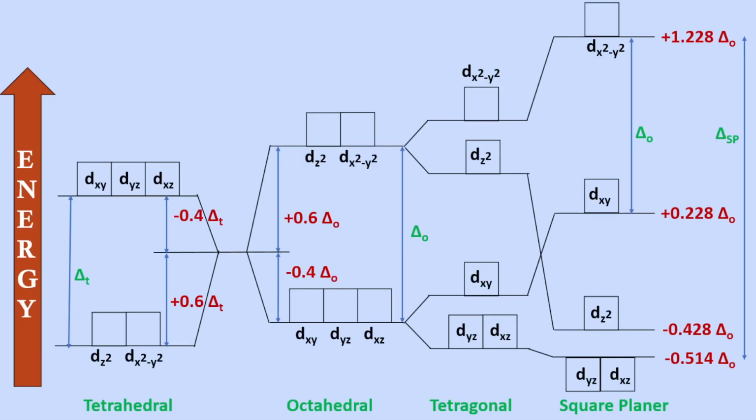Inorganic compounds of transition metals, except those based on d0 or d10 systems, are typically colored. These colors result from d-d transitions. The energy level diagram here illustrates crystal field splitting in tetrahedral, octahedral, tetragonal, and square planar complexes. The observed color is due to electronic transition of d electrons from a higher excited level to the ground level, as indicated by the blue arrow.